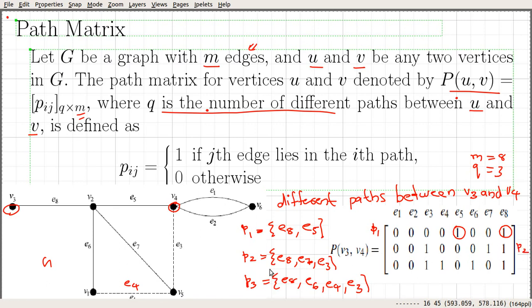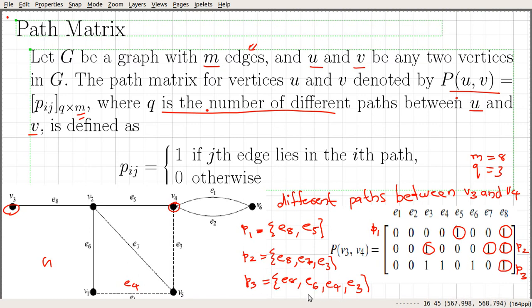So that says we will have 2 8 equal to 1. Okay, 2 8 is this entry, that is equal to 1. 2 7 this entry, that is equal to 1, and 2 3 that is equal to 1, and everything else is 0. So second row corresponds to this path, and the last row corresponds to the third path. Okay, that says 3 8 will be equal to 1.